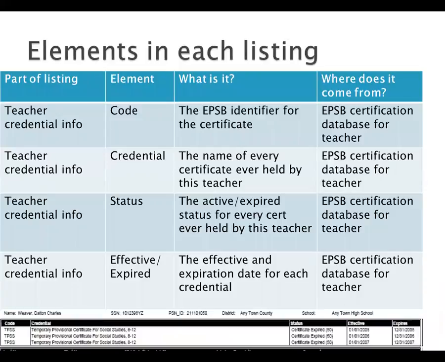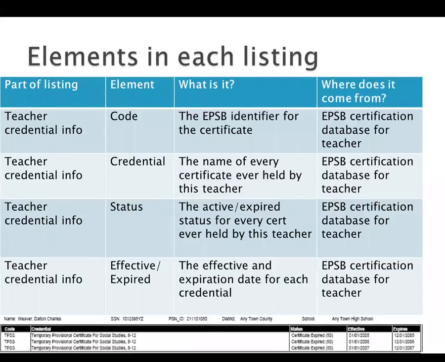Something new this year I wanted to do for you is break down what each of the items on that teacher listing page is and what it means. So up at the teacher credential information, and I'm going to see if I can get my little highlighter to come open here. Hopefully you're seeing a lovely little red dot. The code right here is just the 4 or 3-digit code. We do have a few that are 5 that shows what the credential is in our database. So this is our internal identifier for the credential. It's also what you will see on the state course code list if you're looking for what credentials can teach a specific class.